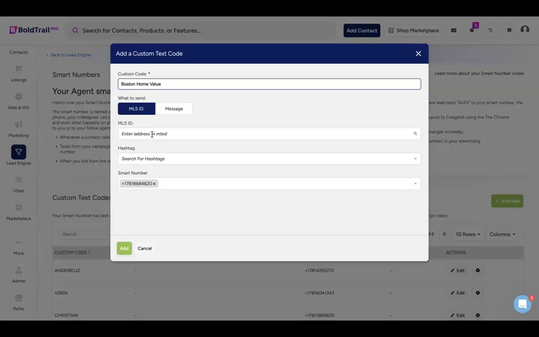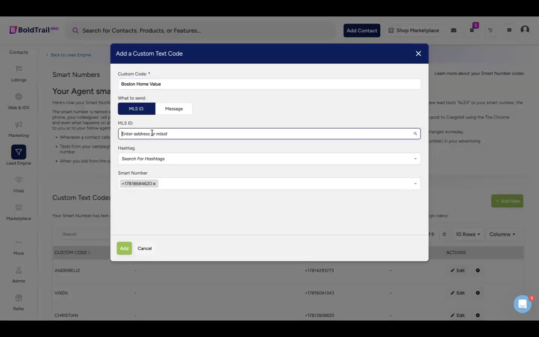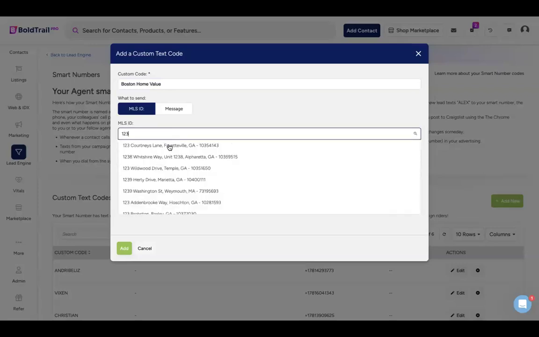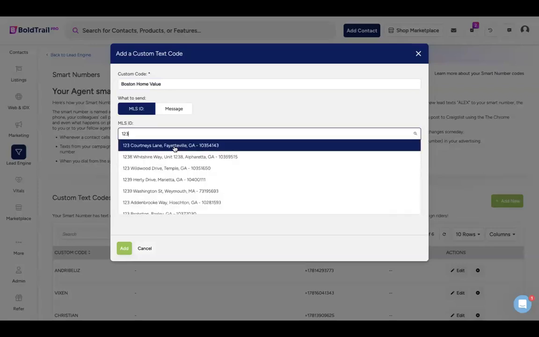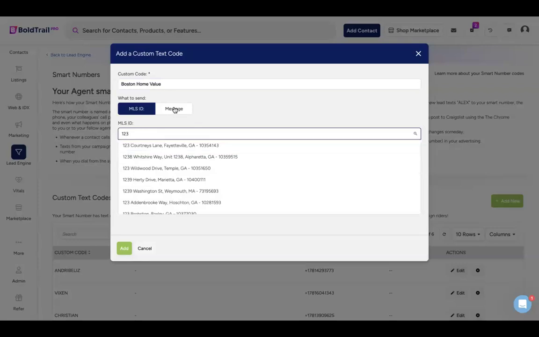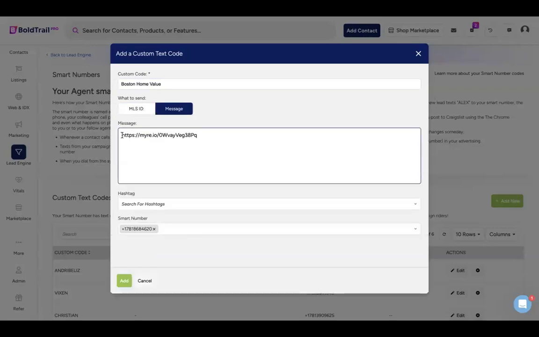But if I wanted to share one property, if I had the MLS ID or address, I would just start typing it. It would validate, and then I would say, hey, text 123 Main to this to see this property, but no nice messages. But I could do this. A different technique would be, if I would put that link in that we just created, our squeeze page link, because that's the squeeze page link for Boston seller squeeze. I might say something nice. Thanks for your interest. I would reiterate that,